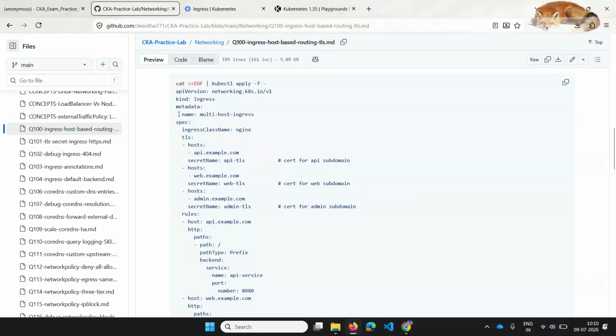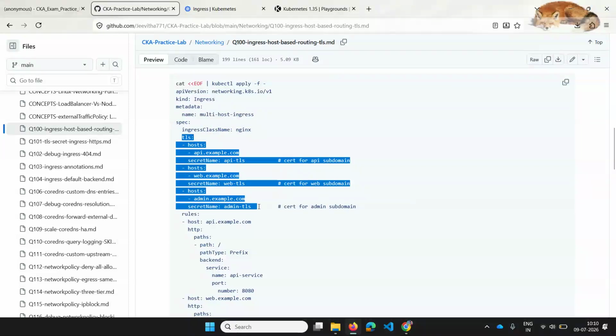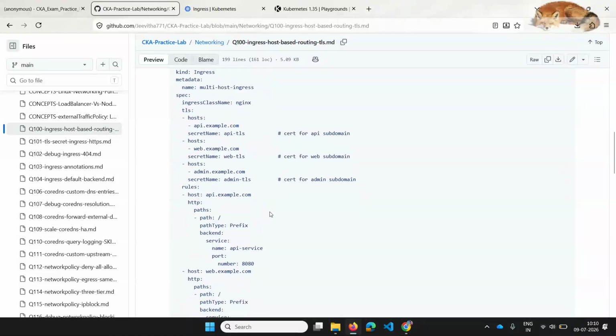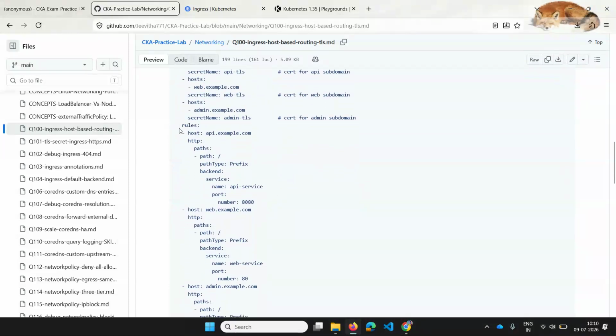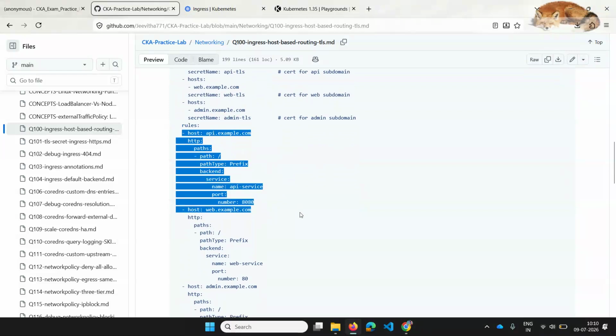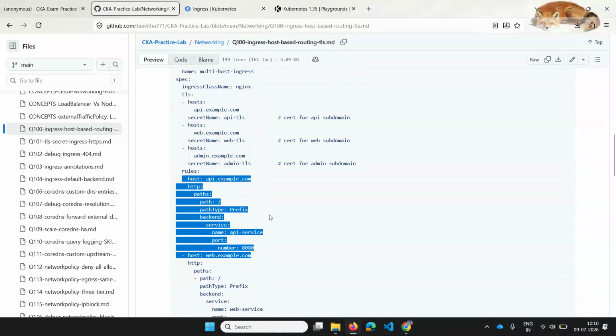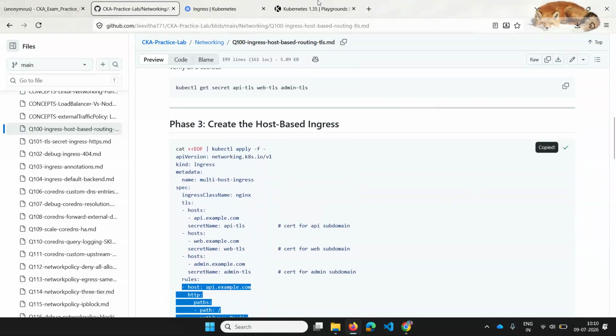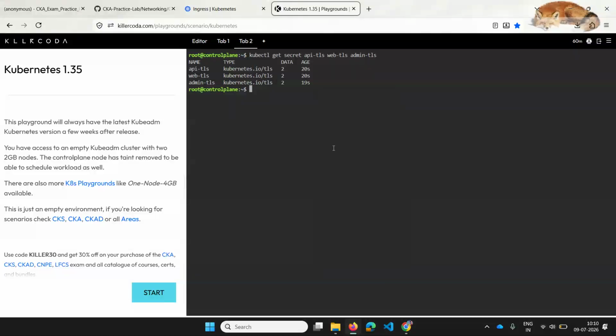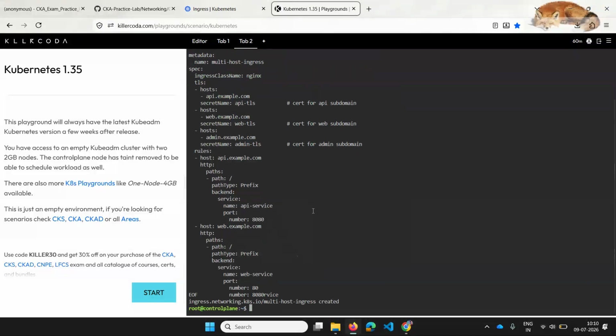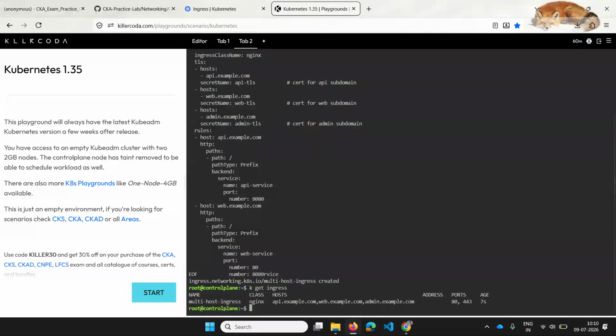Okay, so it has a name, an ingress class name, then my TLS section with those hosts and the secrets which we have just created, and under the rules we have host 1, 2, and 3. So I will be copying this and pasting this. I hope the multi-host ingress is created. You can verify this using get ingress. Also, you can do k describe ingress